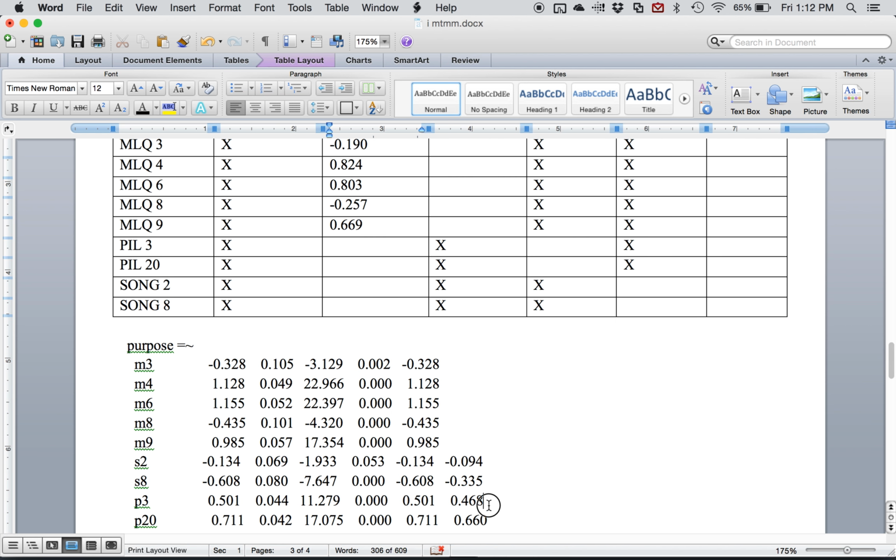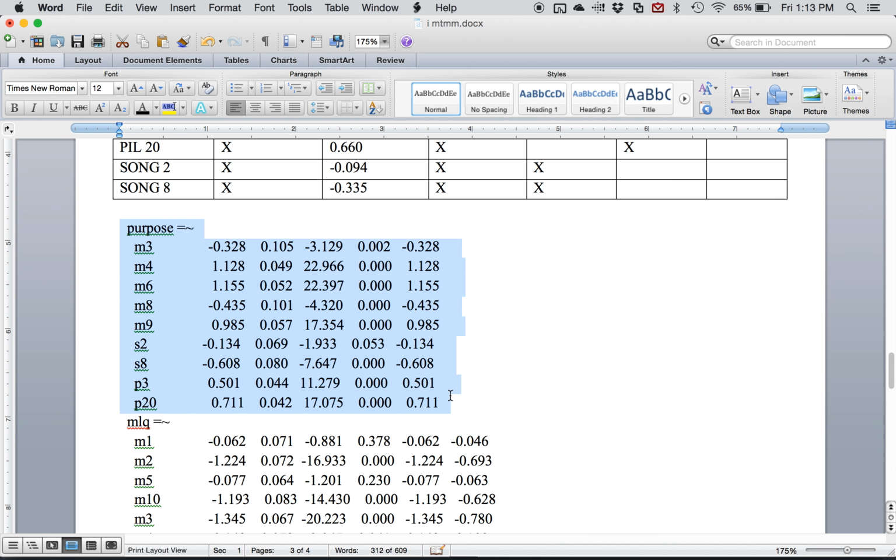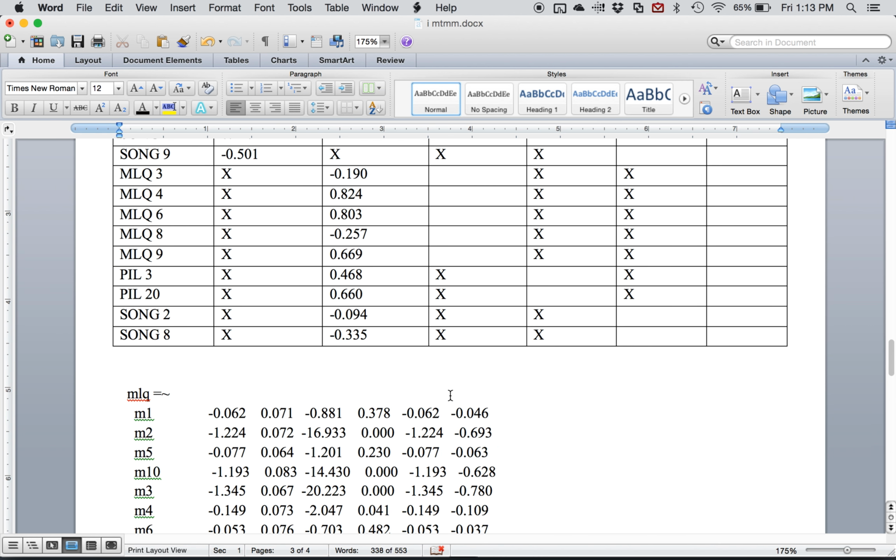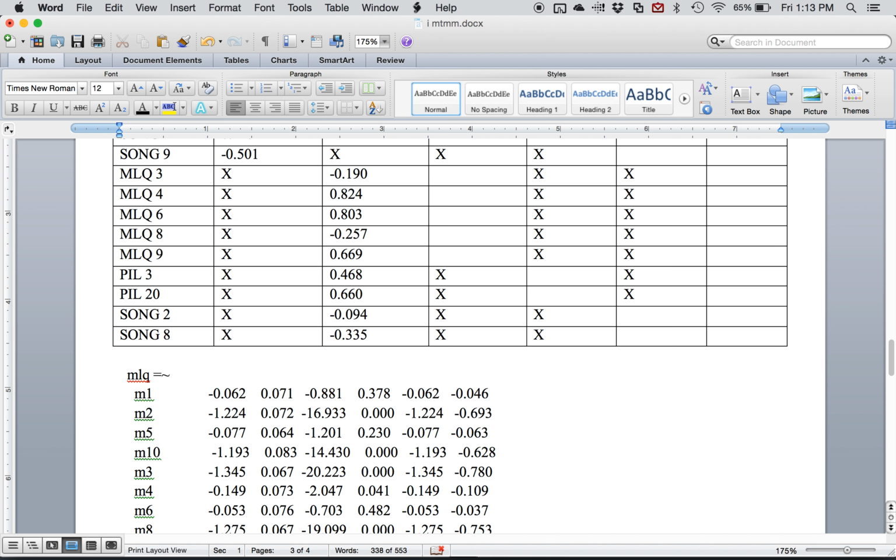Okay, let's do the right questions. So here's pill. There we go. Okay, so those are all of my loadings. I clearly have some bad questions. So MLQ8 is not doing me very much good, and song 2 is not a very good question for this